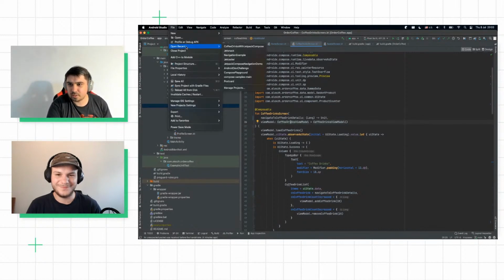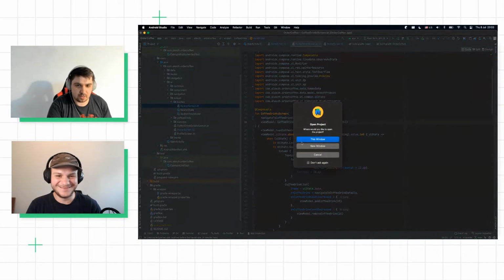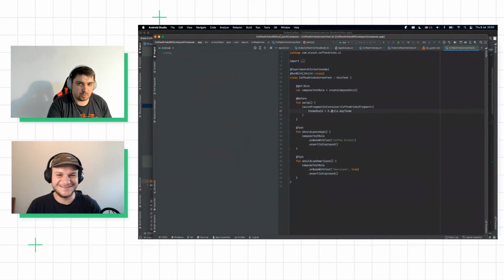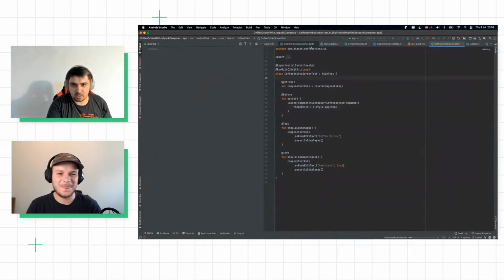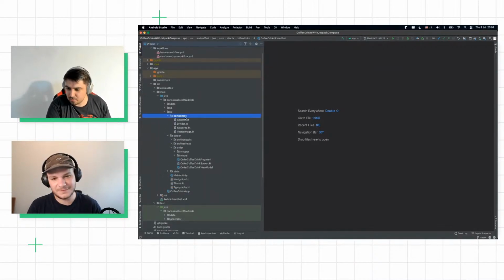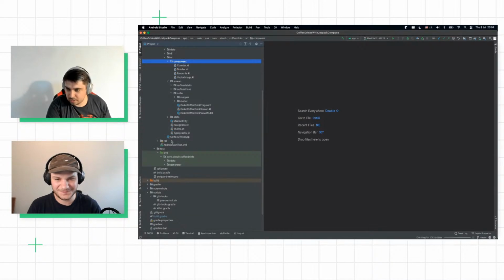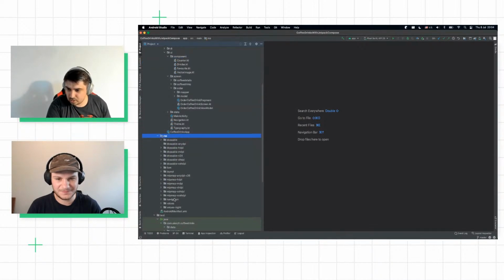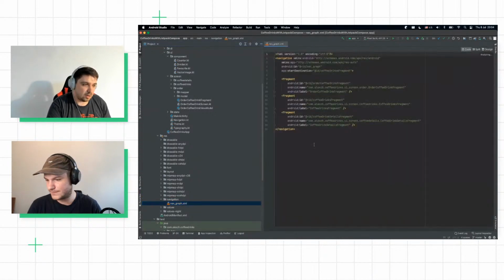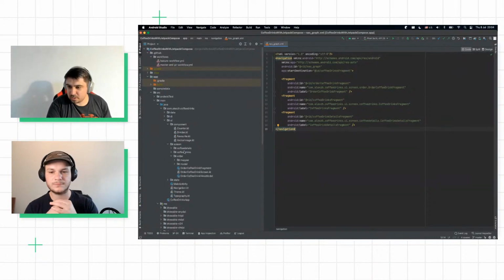Some time ago I wrote another application which is actually based on fragments. So it's just a fragment-based application. Yeah, and if you find this application, you can see here the old navigation graph in XML and all this stuff. And when you open any screens,